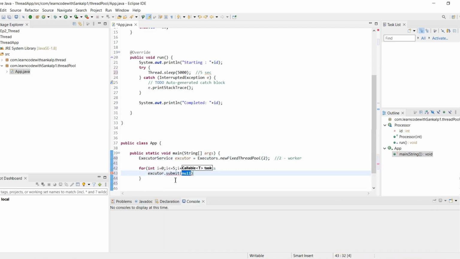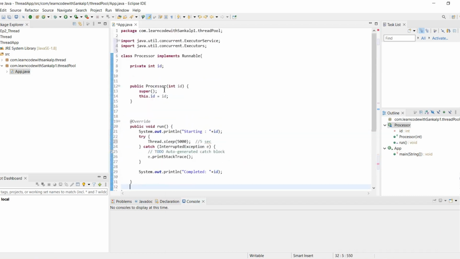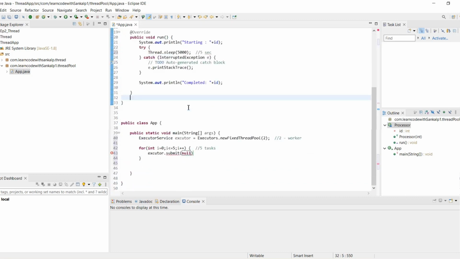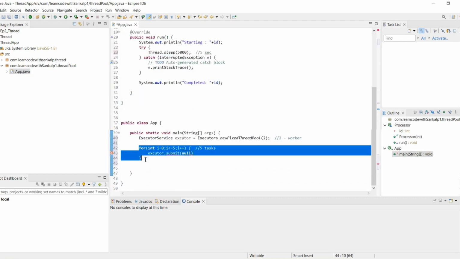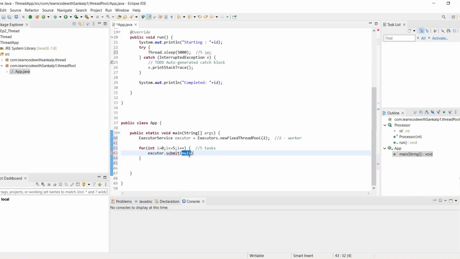The task is the run method. By calling the constructor, we give a task to the for loop: we add new Processor, giving it the id i, since we have 5 tasks. Then a task will be assigned.